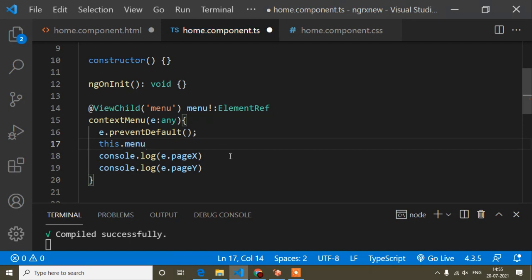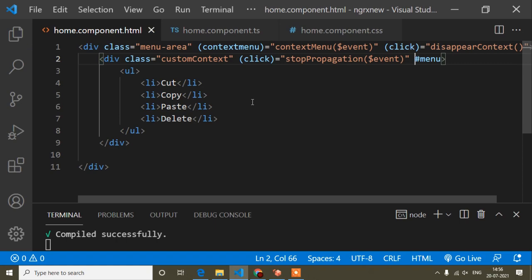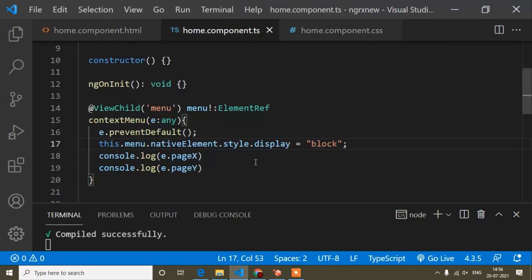Earlier I was doing this.height equals true, using a boolean value, but now here I will use style.display, because when I click this context menu, I will open this block. So save, and now the same thing will happen. If I click here, it's not opening because I forgot to save this HTML file. So I will save this, and now it refreshes, and if I click here, you can see it opens, but the position starts from 0 0 because I had removed the position from this context menu. So I have to set the position dynamically.